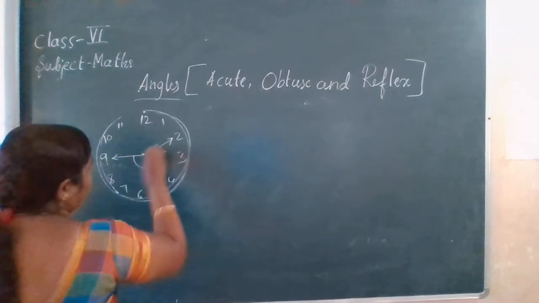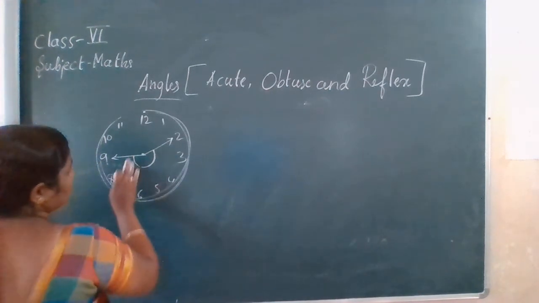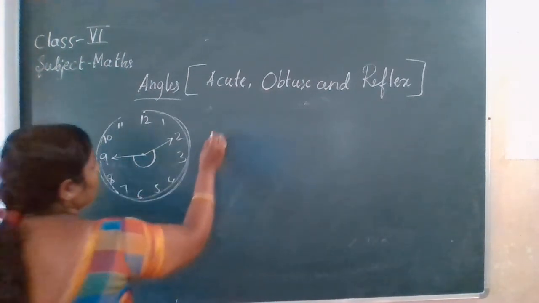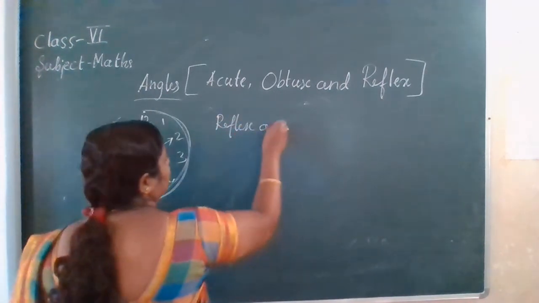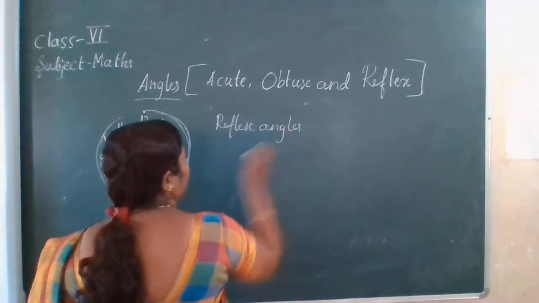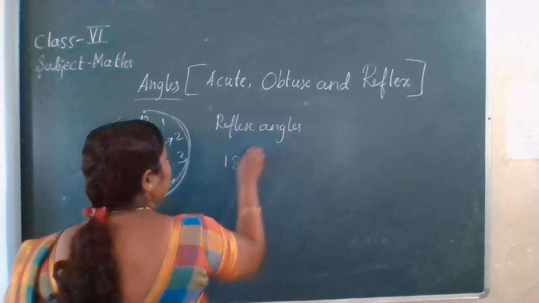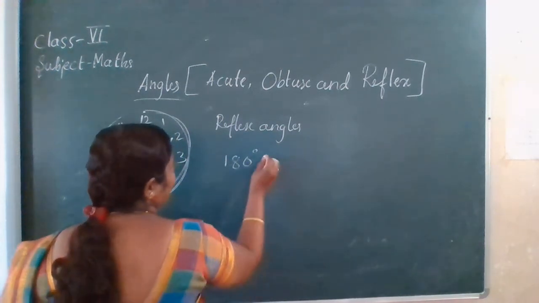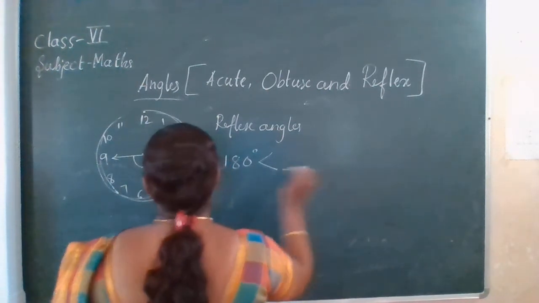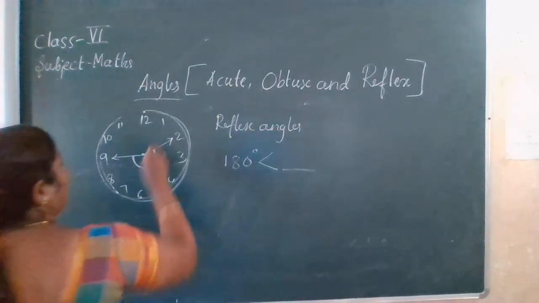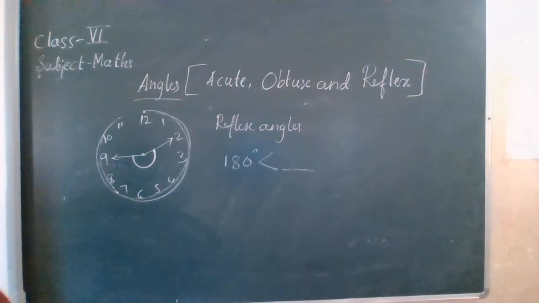So whatever angle has become here, these are more than 180 degrees, more than a straight line, and up to 0, these are called